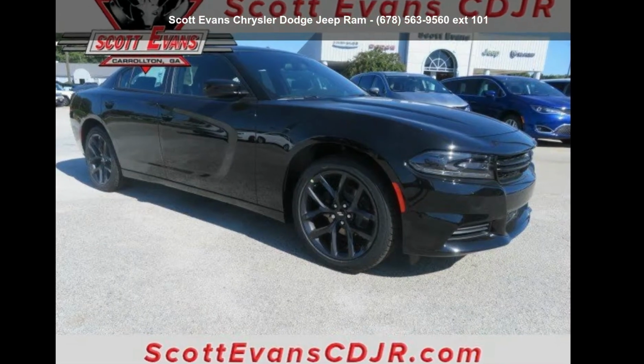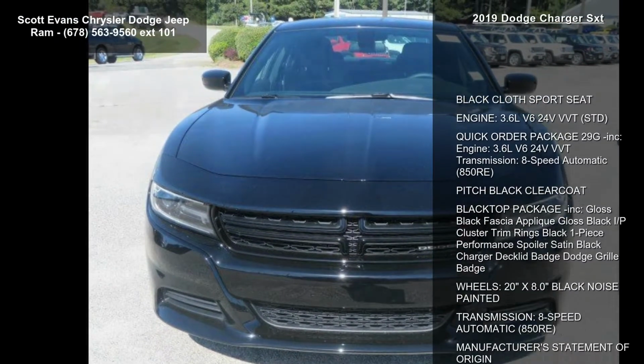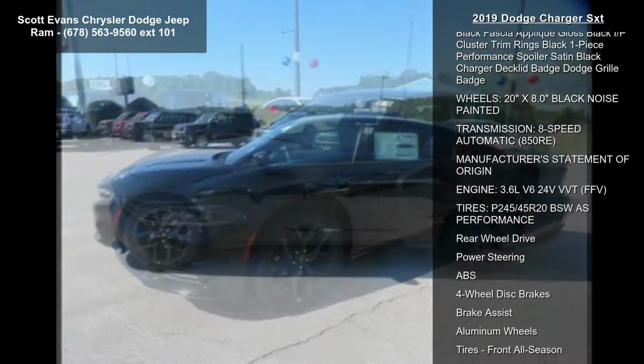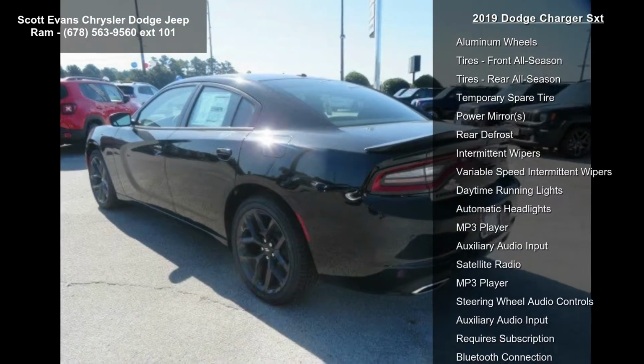Presenting the Dodge 2019 Charger SXT. This may be the set of wheels you've been looking for. This vehicle's top features include black cloth sport seat, engine 3.6L V6 24V STD, quick order package 29G included,